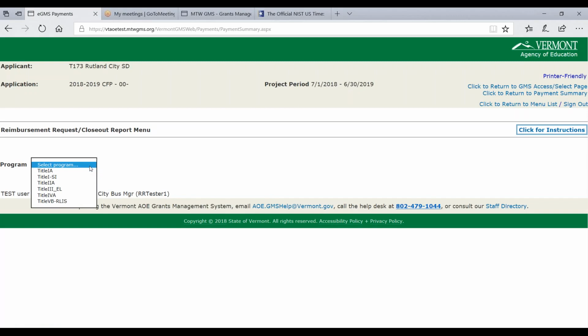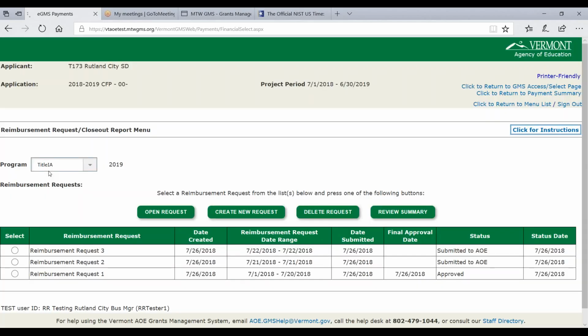I'll open up this drop-down list. Now, at this time, school-wide is not listed here. That's something that we're still making some final updates to, so it will be there soon. But right now, I'm going to go ahead and select Title I-A, which was what we did in the earlier training session. This brings up what we call the Reimbursement Request menu,